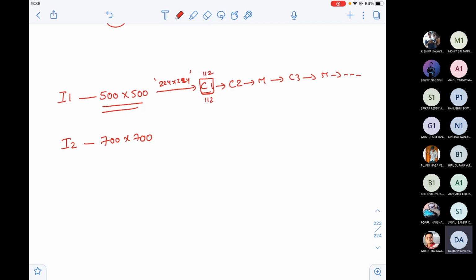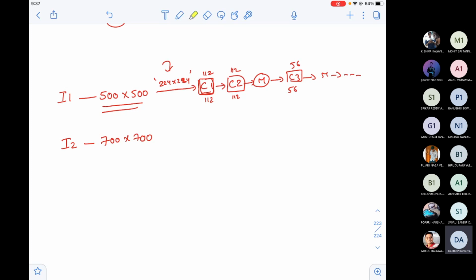I'm not exactly writing the sizes, but assume that the standard output size of convolution 1 is 112 cross 112 when you pass 224 cross 224 as input. After C2, maybe it's still 112 cross 112. After max pooling, the size will reduce; it depends on the stride and other things, but assume the output of C3 is 56 cross 56. Like this, it goes on.